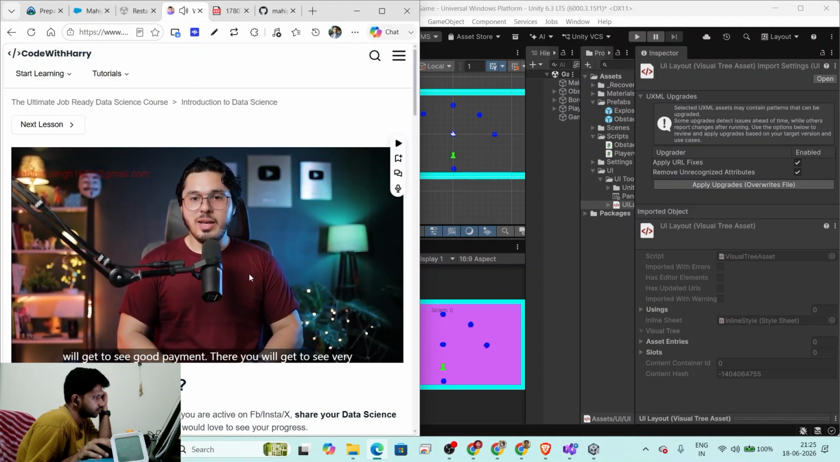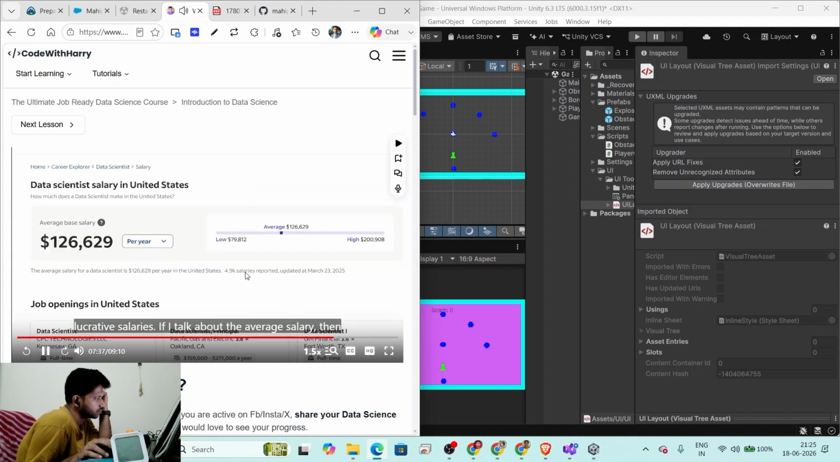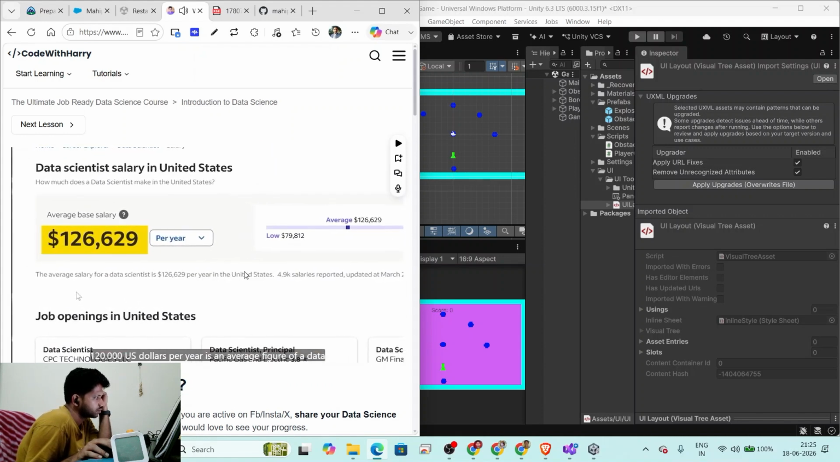इसके बाद ग्रेट पे, जब डिमांड ज्यादा होगी, सप्लाई कम होगी, खासकर अच्छे डेटा साइंटिस्ट की, तो डेफिनेटली आपको पेमेंट अच्छा देखने को मिलेगा। वहां पर सैलरीज आप लोगों को काफी लुक्रेटिव देखने को मिलेंगी। एवरेज सैलरी की बात करूं तो $120,000 पर ईयर एक एवरेज फिगर है डेटा साइंटिस्ट का, और इंडिया में अगर